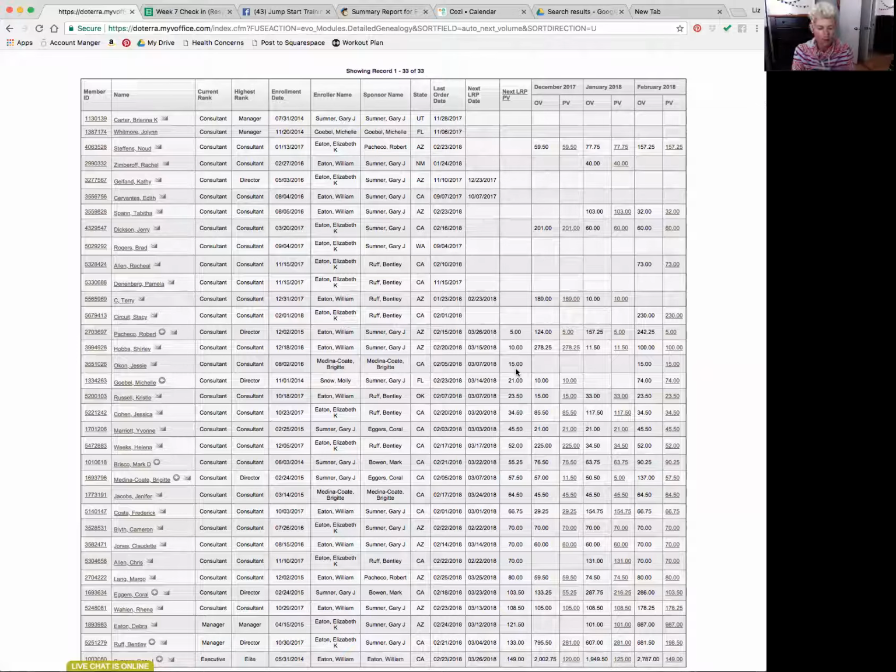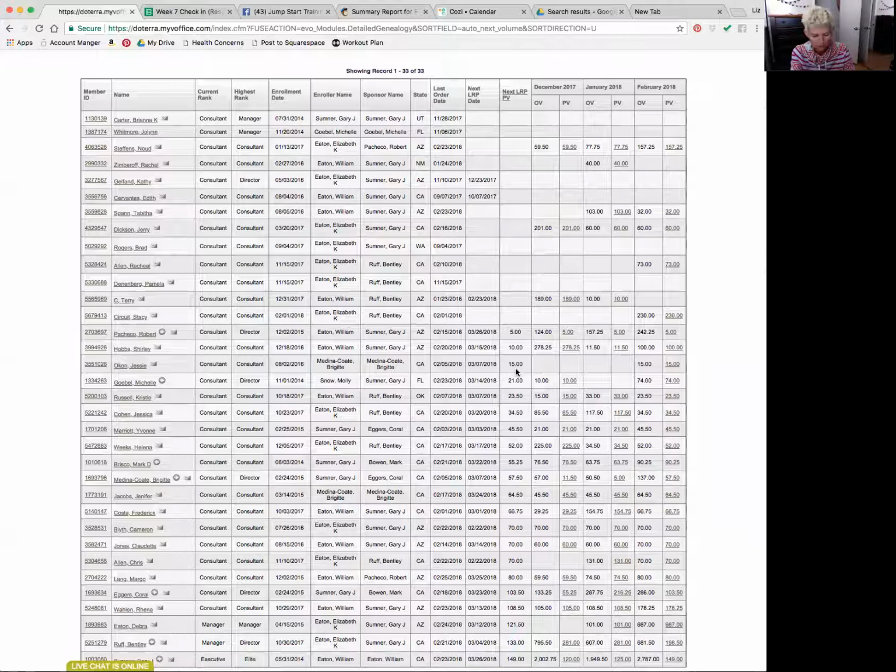I just get out my calculator on my phone and I added up 5 plus 10 plus 15 plus 21 plus 23.5 plus 34.5 plus 45.5 plus 52 plus 55.25 plus 57.5 plus 64.5, 70 plus 70 plus. This is why it's good to get people on the vitamins, because look, all these people are on vitamins that are talking about 80,